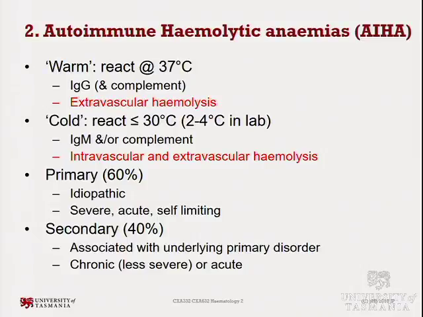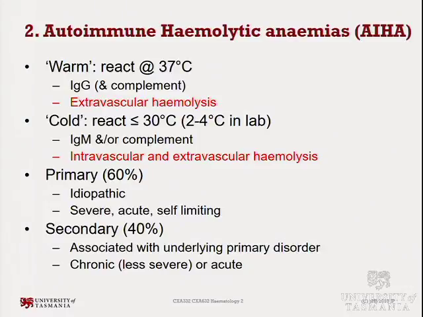Cold autoantibodies have quite a large thermal amplitude. In the laboratory, they react best between 2 and 4 degrees Celsius. In the body, they usually have a thermal amplitude up to about 30 degrees Celsius. And so cold hemagglutinin disease, which is what the conditions caused by cold autoantibodies are known as, are quite an interesting set of conditions, and people who have these conditions usually only have issues in the winter time,